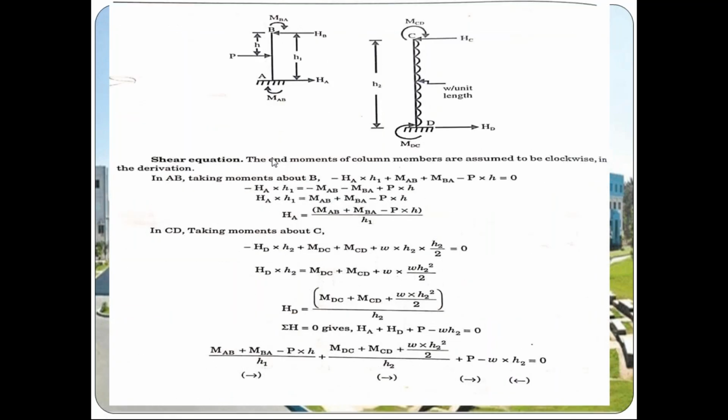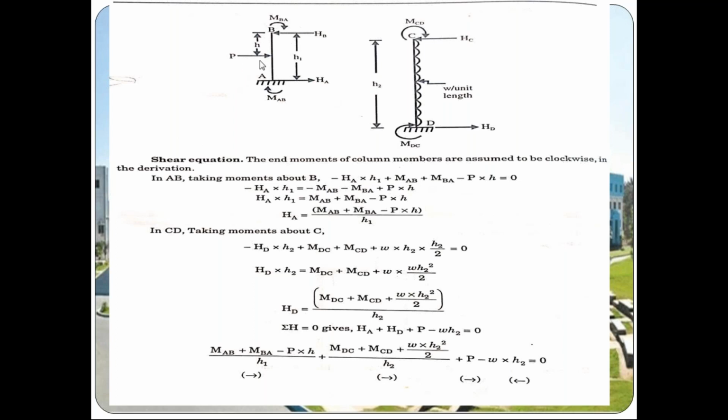For the shear equation, we are taking two columns only, span AB and span CD. In both spans we are assuming the end moments are in clockwise direction. First we take span AB, taking moment about point B. Because of HA we have an anti-clockwise moment at point B, so minus HA into H1, plus the clockwise moments MAB plus MBA, both